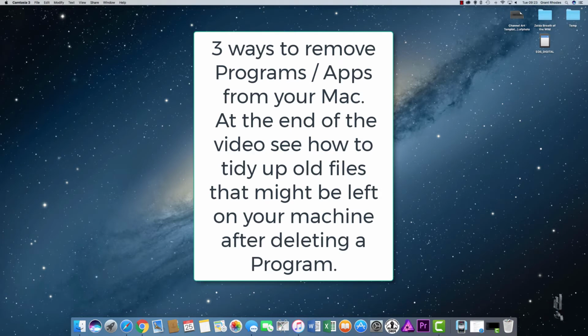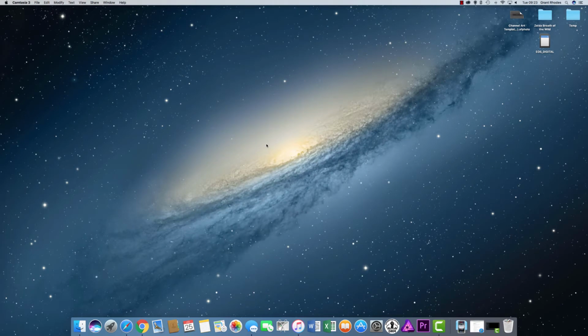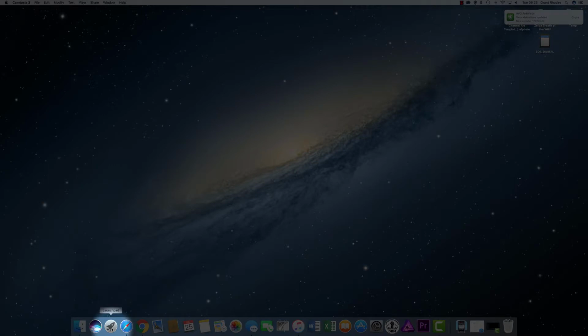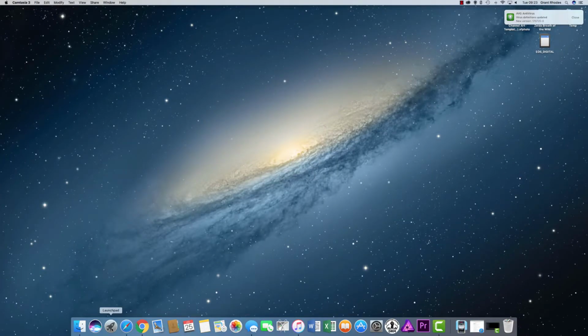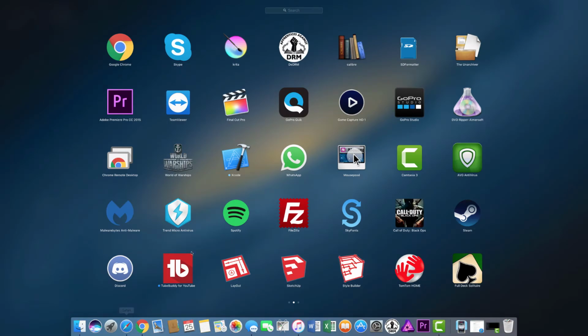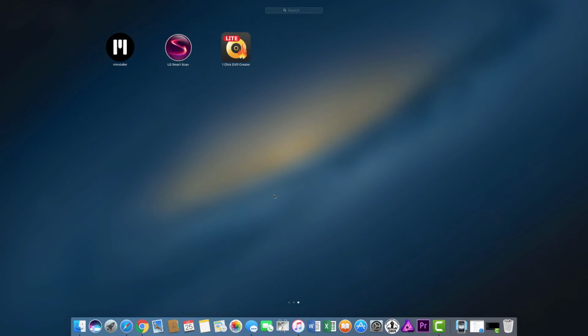What you need to do is open Launchpad. Now if you're new to the Mac, this is the little icon here, which is a little rocket in a silver circle, or you can push F4 on your keyboard and that will bring up Launchpad. I will click it on the dock here, and here are the apps that are currently